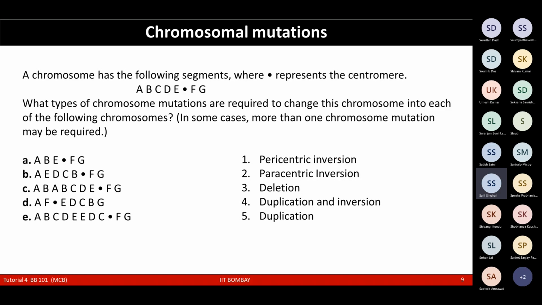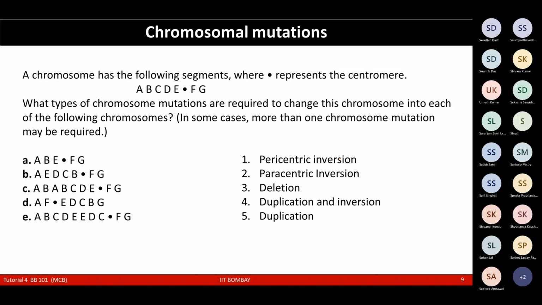Could you state an example? I didn't get it. This dot represents a centromere. If there is a pericentric inversion, the combination will be towards this dot, towards the centromere. Whereas when we talk about the paracentric inversion, it means that the combination is away from the dot. So if it is B, then the B will be far away from this centromere. That is paracentric. In layman's language, the B is touching the centromere. So it's paracentric inversion. Just let me know.